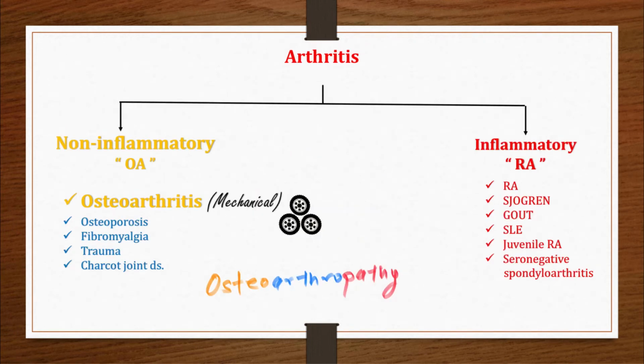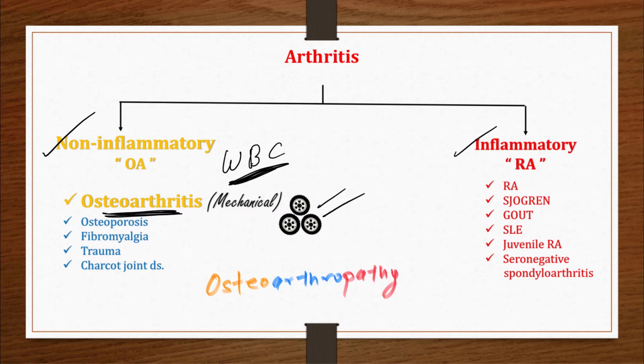Also, arthritis can be non-inflammatory, inflammatory, septic, and hemorrhagic type. Osteoarthritis is a non-inflammatory type of arthritis, though we can find WBC if we aspirate the patient's joints, but it's not driven by systemic inflammation. As we know that osteoarthritis is a biomechanical wear and tear problem, right? So if non-inflammatory, then we should call it osteoarthropathy. Osteo means bones, arthro means joint, pathy means disease. Any disease involving bones and joints instead of osteoarthritis.